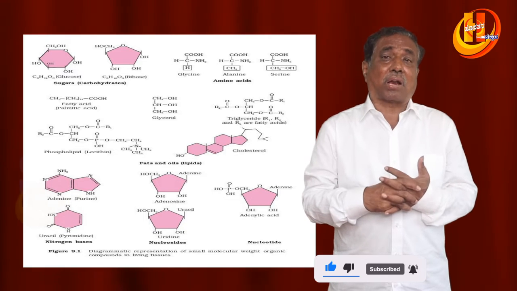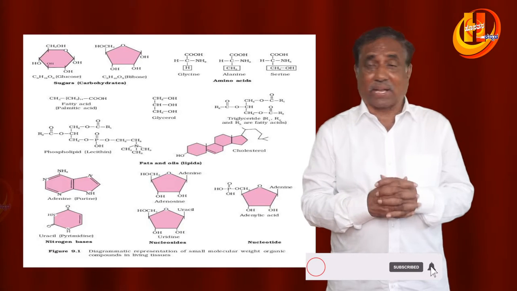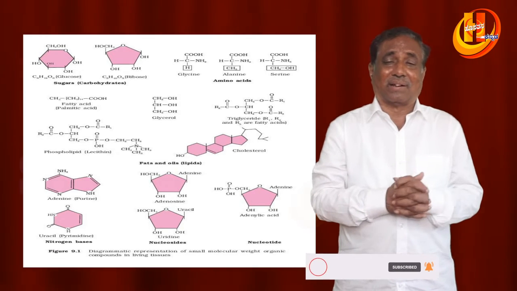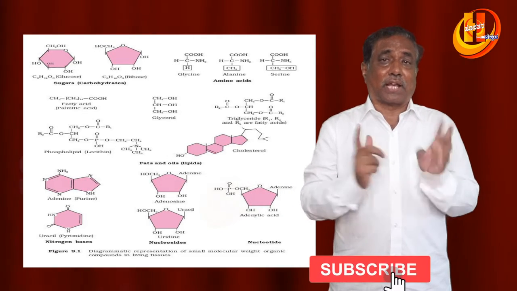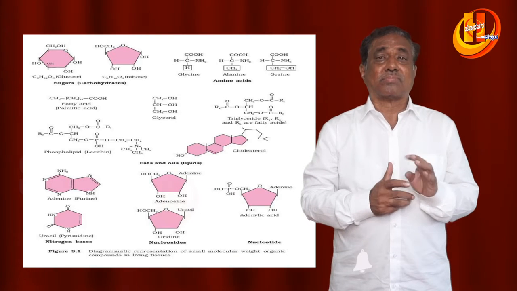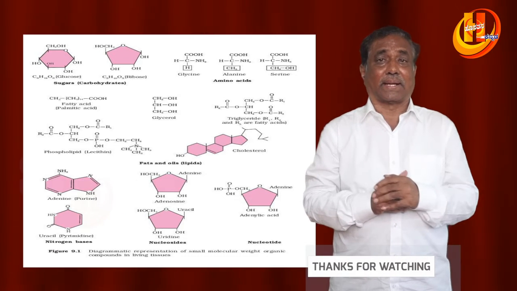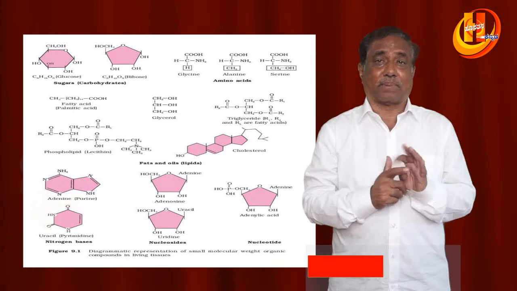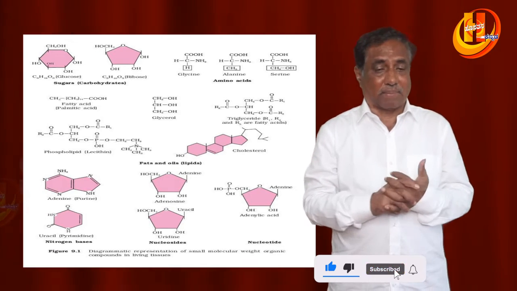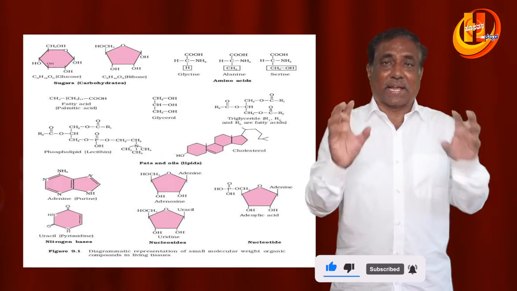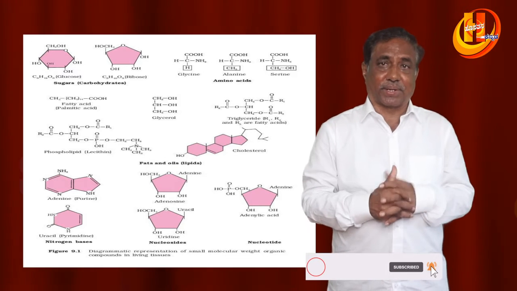And then there are aromatic amino acids like tyrosine, phenylalanine, tryptophan. They have benzene ring structures. There are acidic amino acids too, aspartic acid and glutamic acid. And basic amino acids like glutamine, asparagine, and even more like lysine, arginine are the basic amino acids. So this kind of classification of amino acids is also important for your NEET examination.